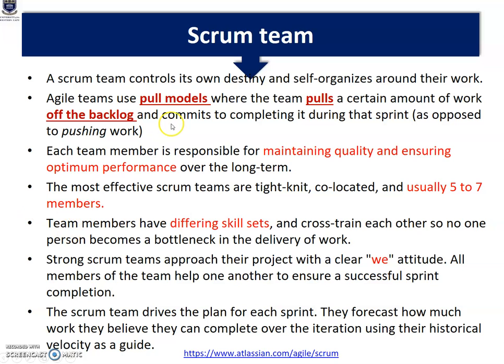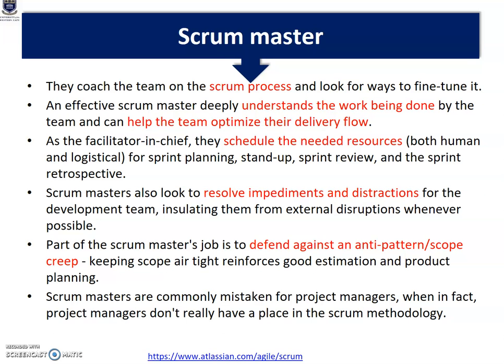So we'll end this lesson today on the Scrum team. As we said, a Scrum team is a collection of individuals, typically 5 to 7 members, working together to deliver a product or increments. As we also said, the Scrum